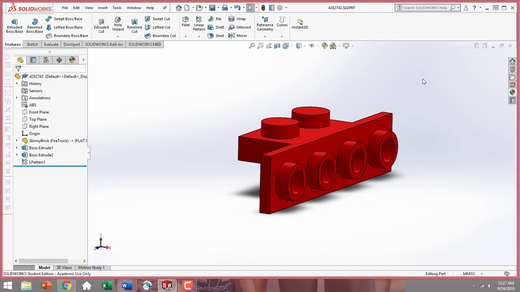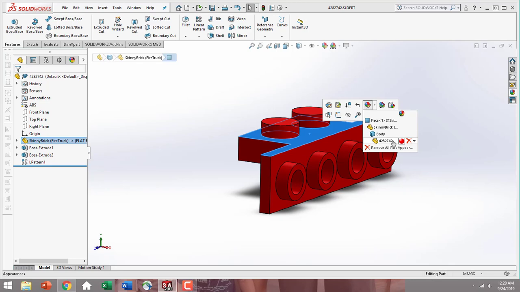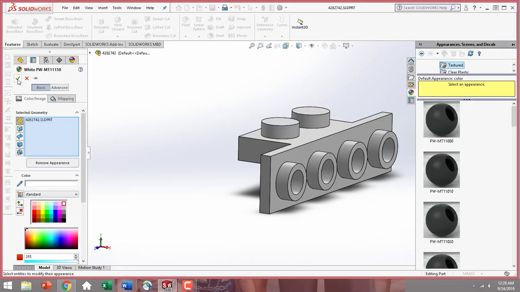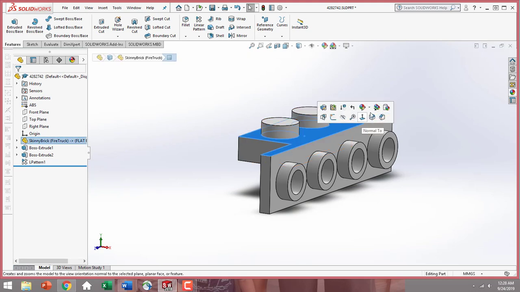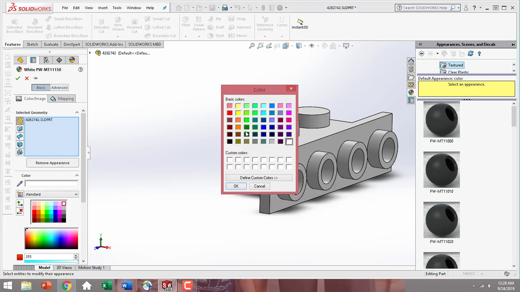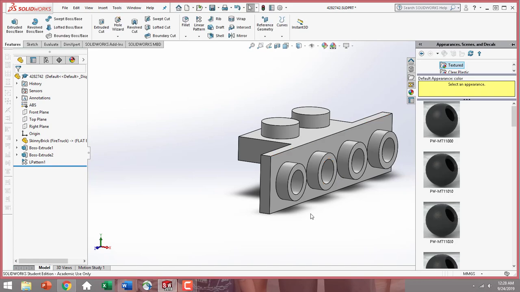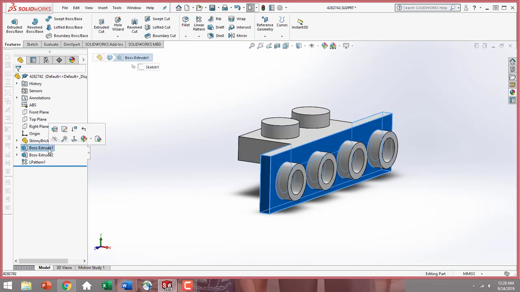So now, since we already have this part done, I actually just need to update it because the last part is part number 4615649. So instead of rebuilding the whole thing, since you've already seen how these parts are built, just make sure you've inserted your 2x1 brick. This time I'm going to change it to white. Hit OK. Make sure it's white. And then for this boss extrude,